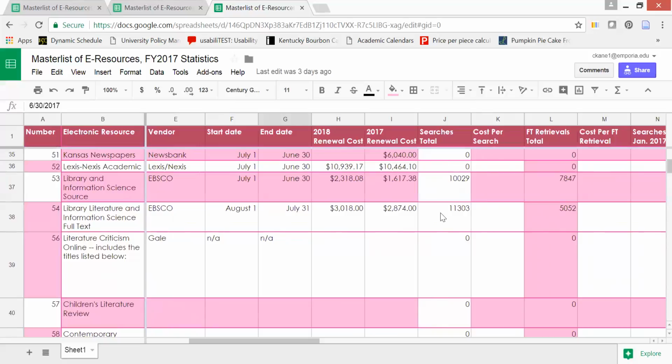And this is what I absolutely love. So far in FY17, we had over 11,000 searches in Library Literature and Information Science Full Text, and we had over 5,000 full text retrievals. And you notice that we had actually even more in Library